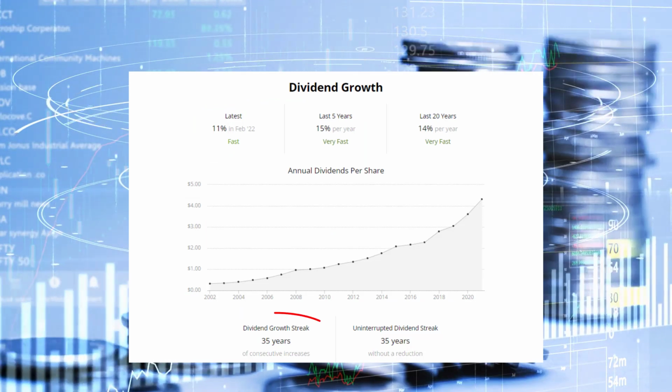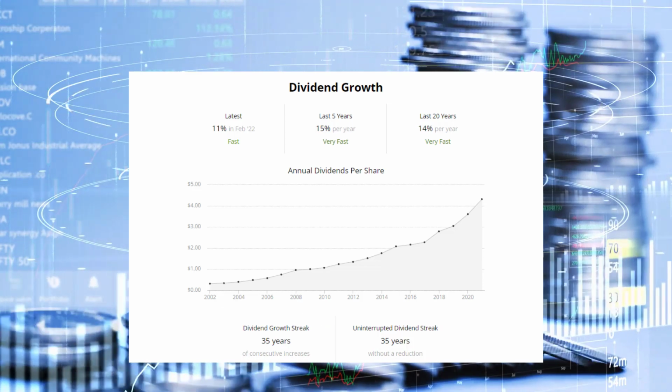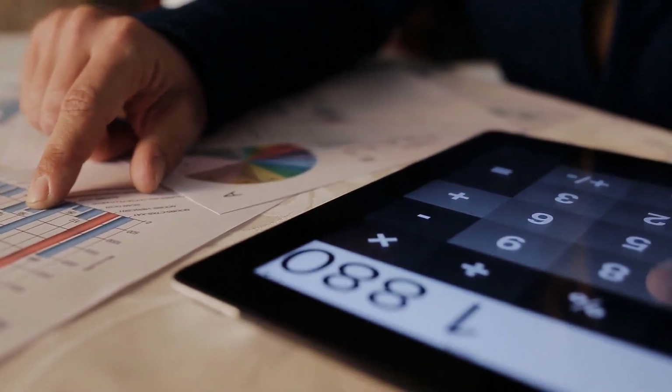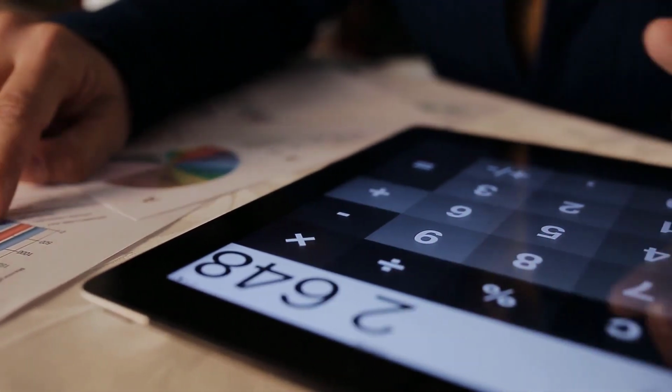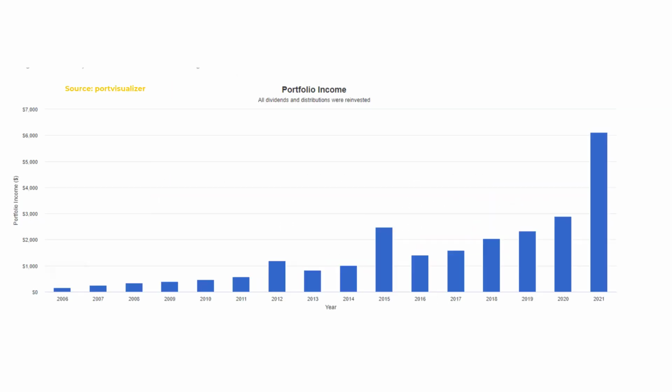This company also has a very reliable track record with 35 years of dividend growth. As dividend growth investors, we are always looking for gems like this one. To top that, this stock has also outperformed the S&P 500 over the last 5 years. This graph shows us what would have happened had we put $10,000 in this company about 15 years ago in 2006. In 2006, that $10,000 gave us $154 in passive income, so only a 1.5% return or yield on our